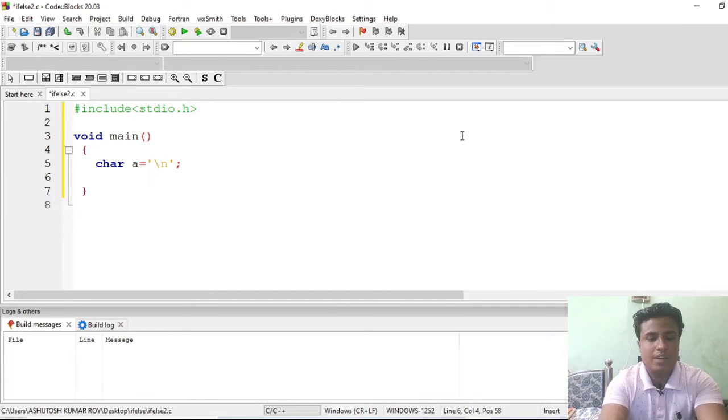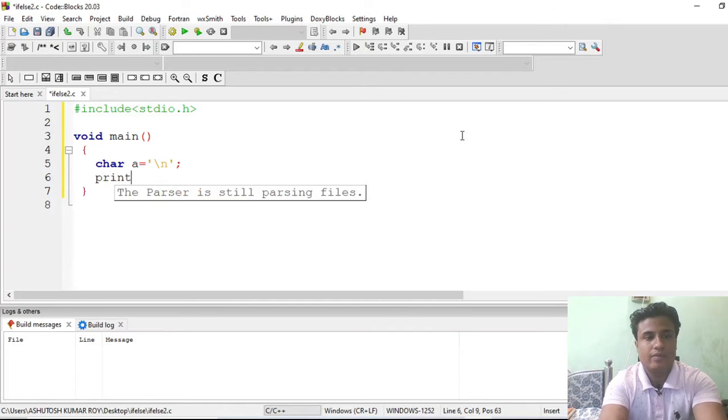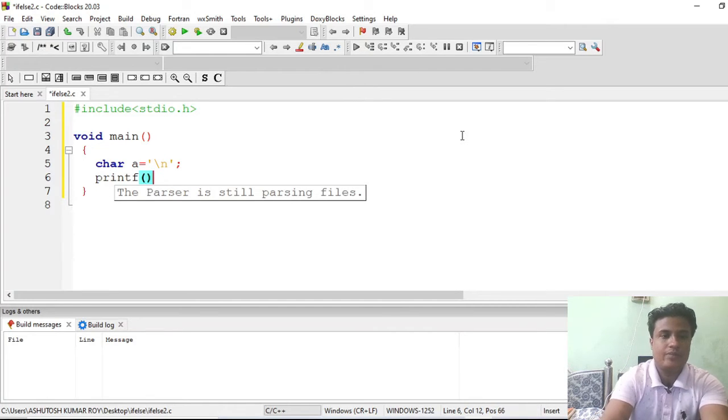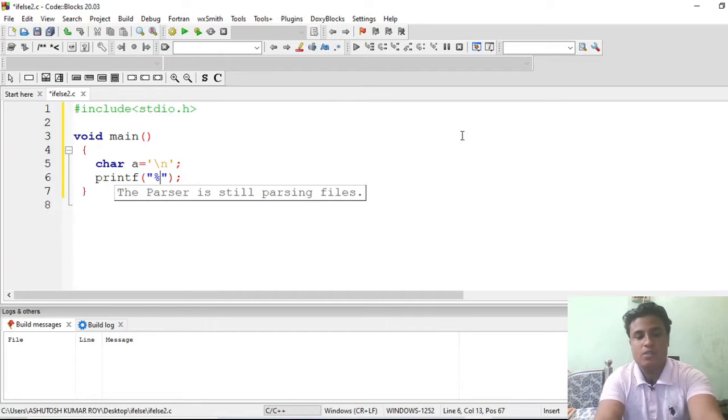Now printf. One thing you notice here is that I am using %d. Although it is character based, I should be using %c, but I am using %d here. Why? To get the ASCII value of any character.